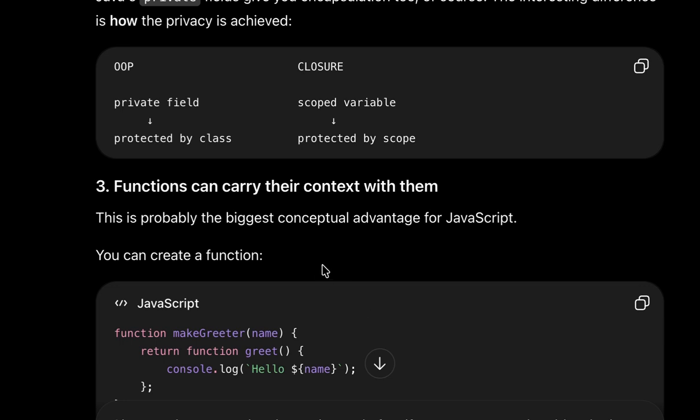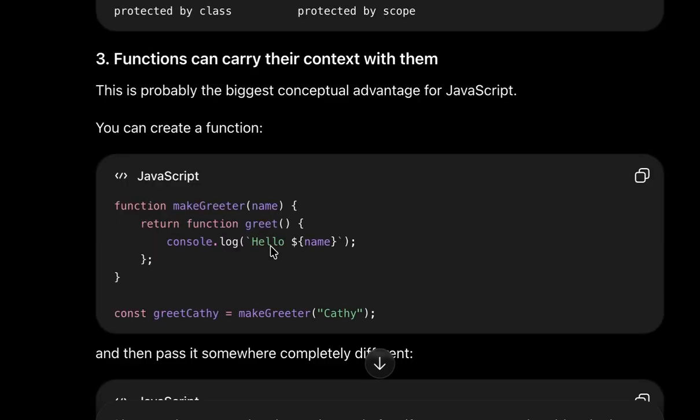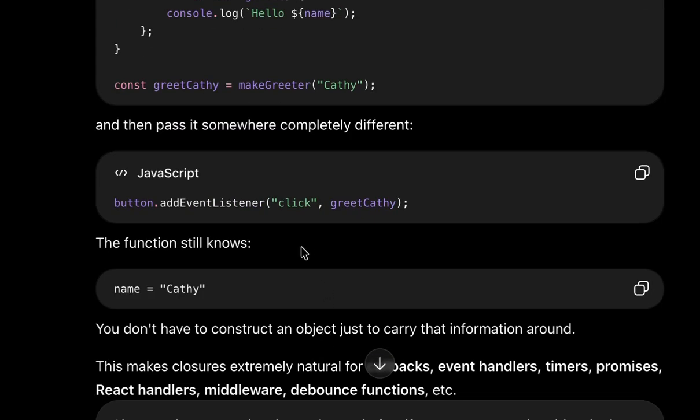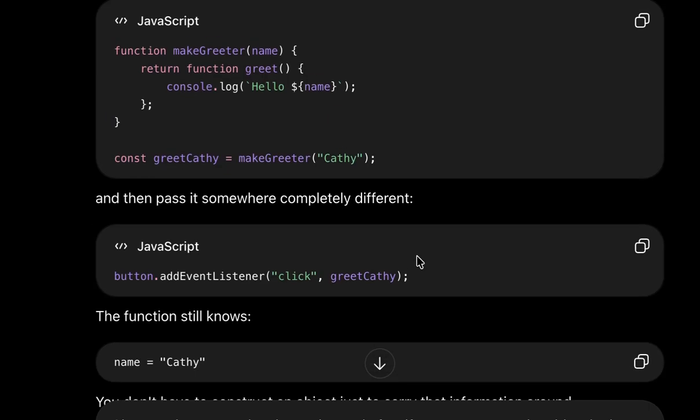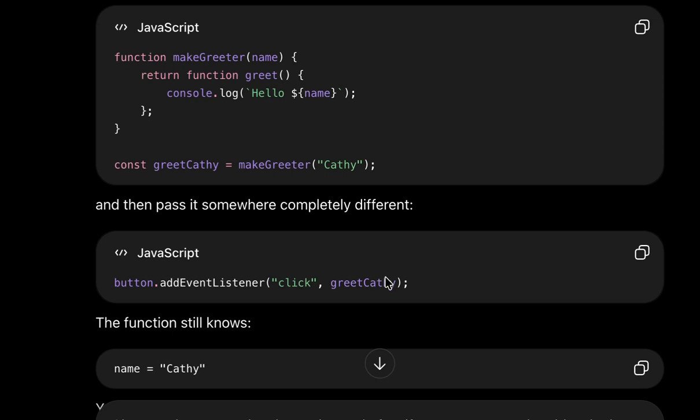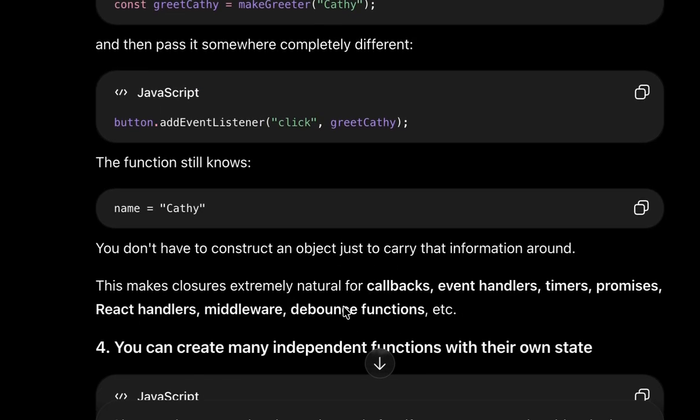And third, the function can carry the context with it. If you create this function, it creates a context by itself, so you can call this function with the context that it was created from. This function has that context where it was created because we already called this function with this context. In this case, if we use a method, it might be more tedious to have to create another variable and pass the event. So this makes closure very natural for callbacks, event handlers, timers, promises, middleware, and so on,